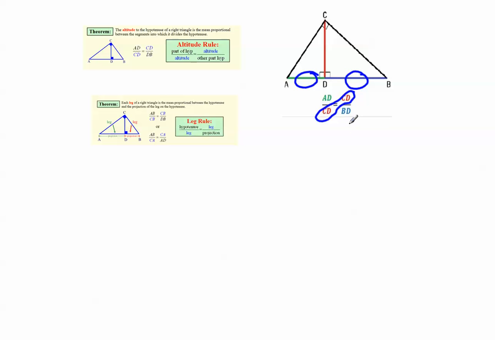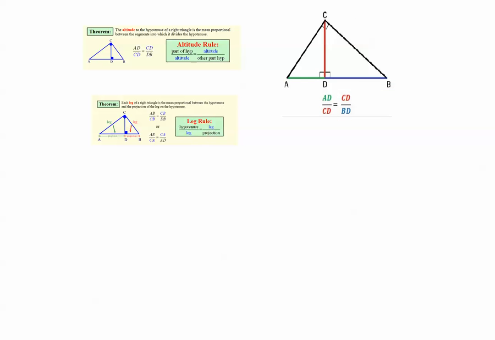It's just a convenient little tool. So these right here are the same. And that's what makes a geometric mean right here in solving our proportions. So, and then we're going to look at this rule right here, where we have